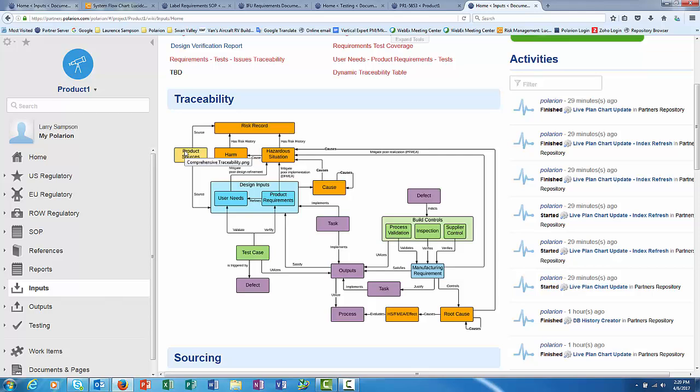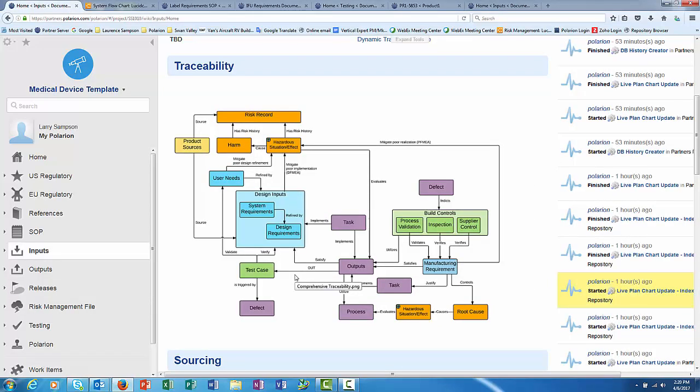The first one is, how would you suggest we integrate our PLM system into this logical data model? Really great question, and we've tried to do this in a very standard way. Of course, Teamcenter, we have our own PLM product, and so internally we have a method for doing this. The way we do it is we do it at the output level, and so you can see our design control has user needs and design inputs, so we have system requirements, design requirements. All of that is contained directly inside of Polarion,